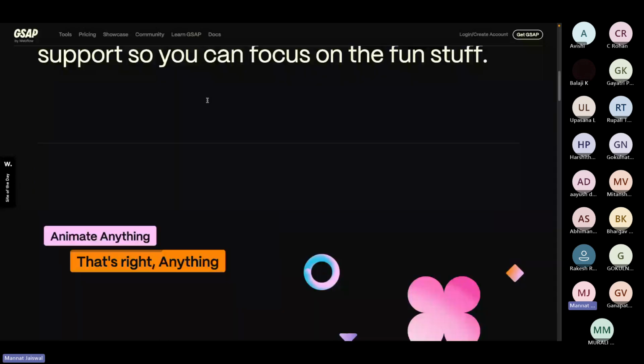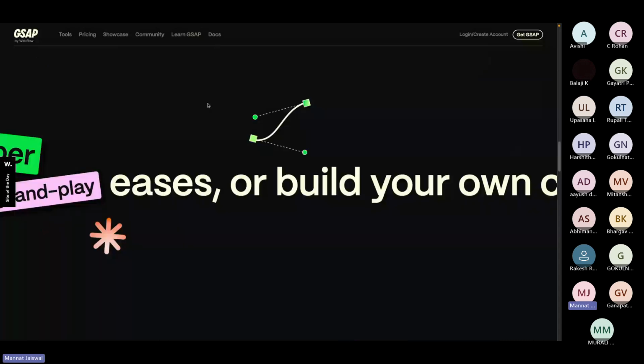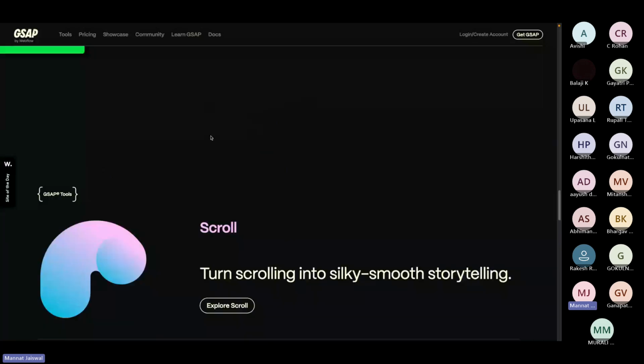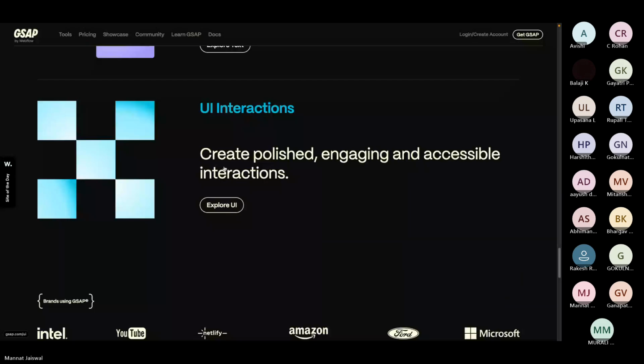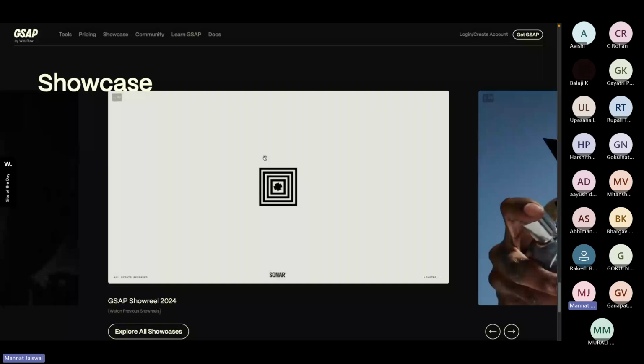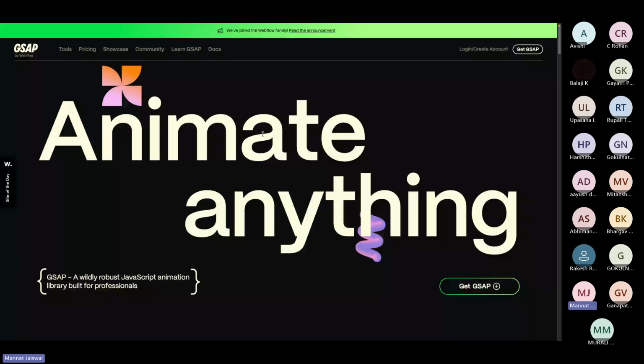So you can add all these animations by using GSAP. It takes a lot of practice, but yes, it's possible. Yes, you can do all these things. For Framer Motion and GSAP, both of them are the same, but if you are building a complex project, then in that case, I would prefer GSAP over